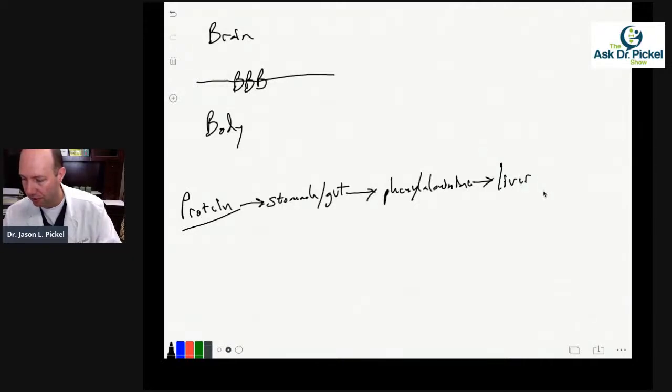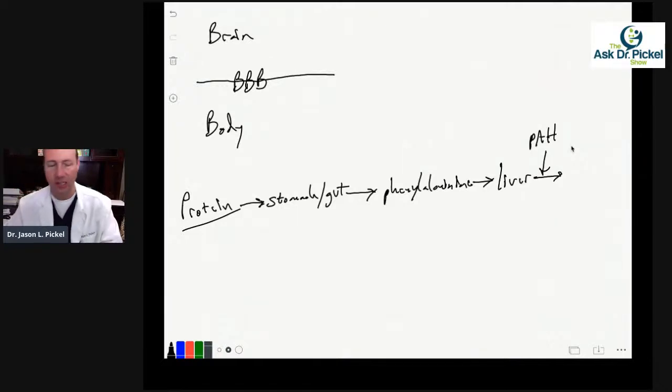It goes to the liver. So it gets to the liver, and then the liver actually uses an enzyme. Let's use our arrow here, and we'll use another arrow right here. There's an enzyme in the liver. I'll just write PAH. You don't really need to know that. It's phenylalanine hydroxylase. What that does is it takes that phenylalanine and chops it up and turns it into another amino acid that's made from phenylalanine. And what is that called? That is called